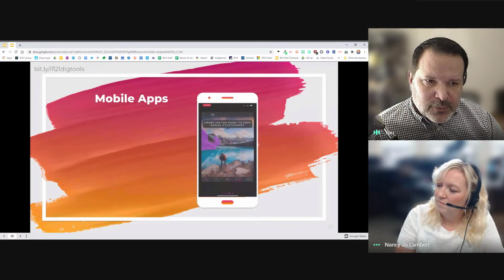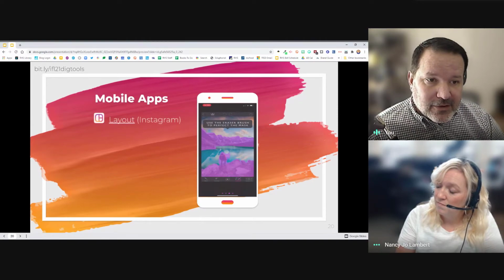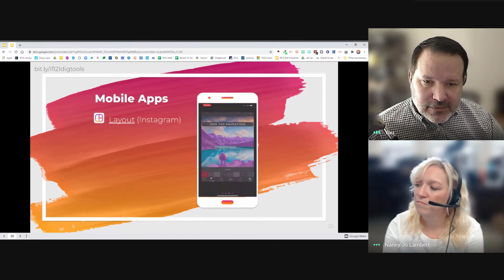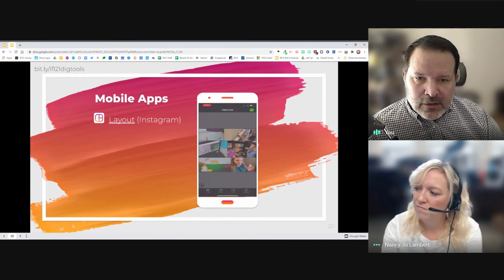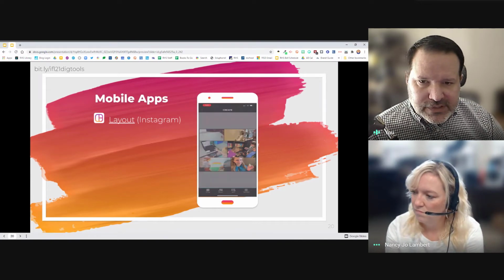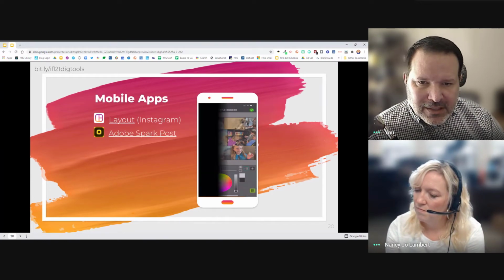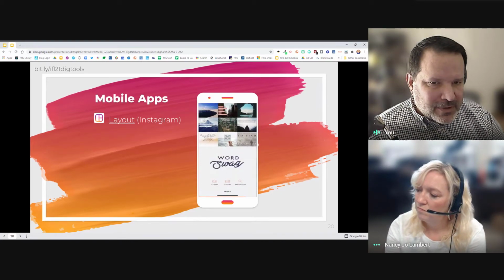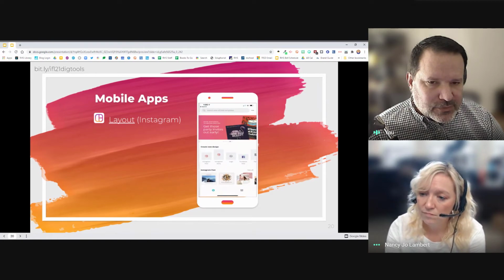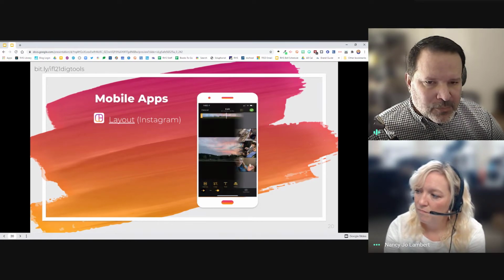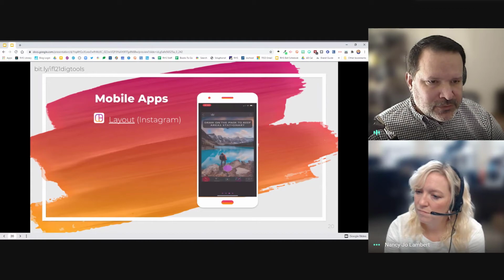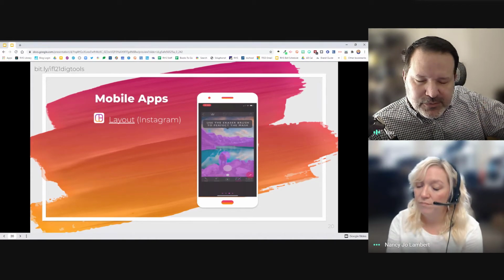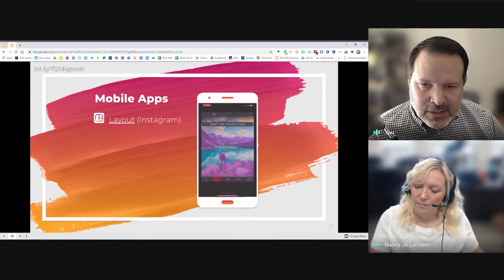So our phones are super powerful. You can do so much on just your phone. It's insane how much we can do these days compared to really just a few years ago. We just have a little short list here, and all of these link out to where you can download these. Layout is an Instagram app. It kind of connects with Instagram. You can create mosaics of different still photos and all kinds of different patterns and sizes and different numbers of images on there. It's really easy to use and export.